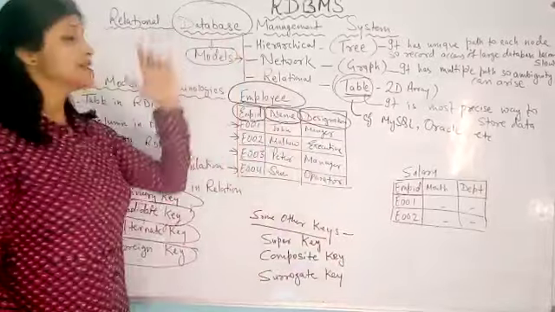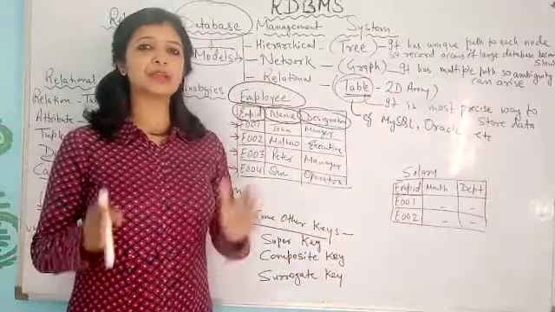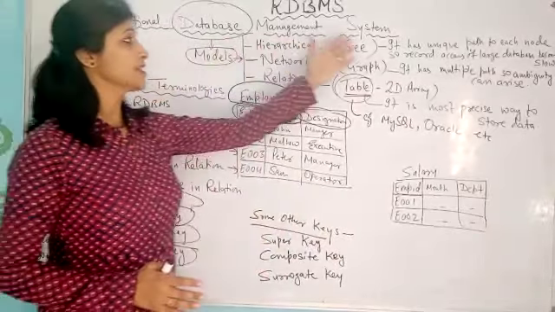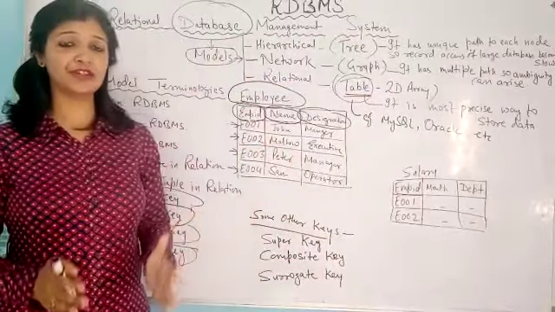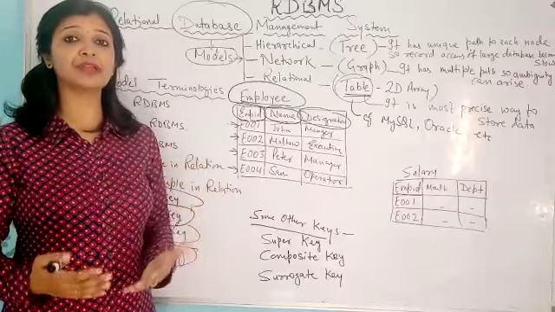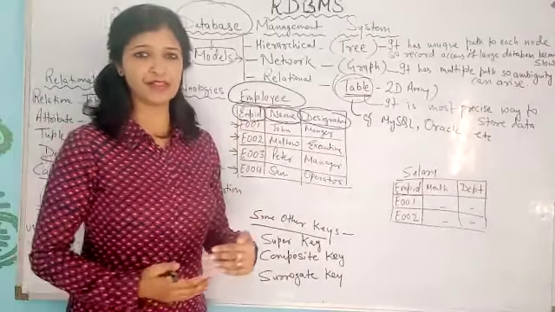And a database is software which stores interrelated data, and a database management system is the software application which is used to store the data efficiently so that retrieval becomes faster.